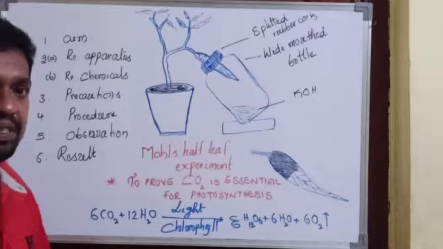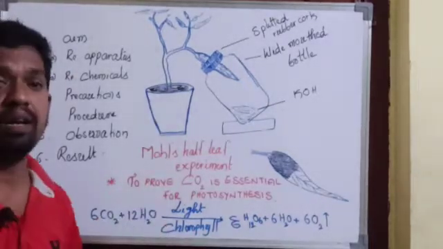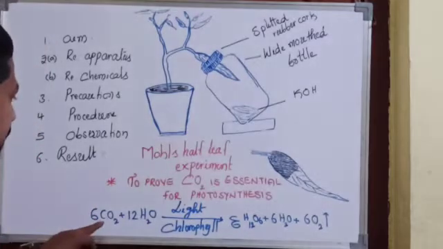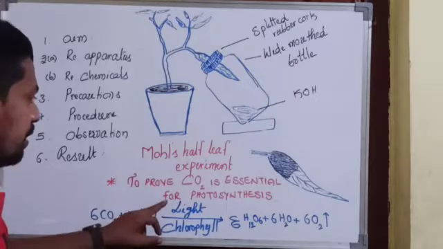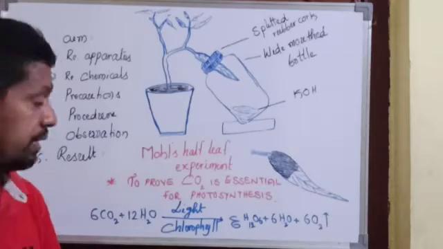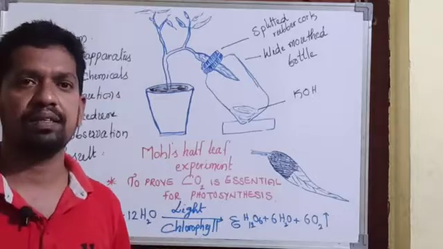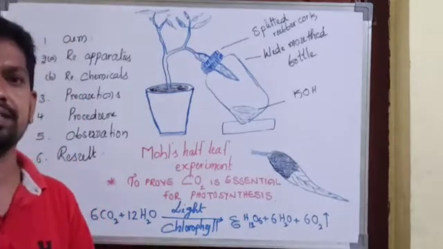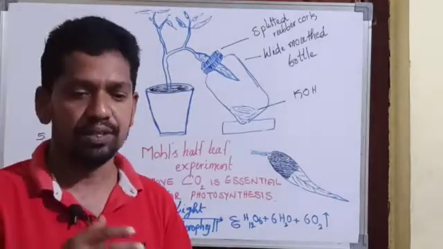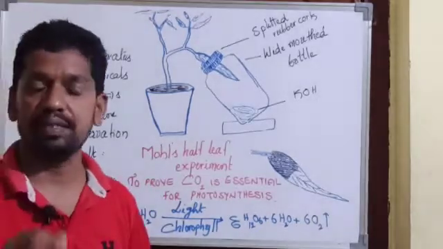Now, the equation indicates carbon dioxide, water, light and chlorophyll are essential for this metabolism. I repeat, carbon dioxide, water, light, chlorophyll are essential for photosynthesis, which is said by the equation, of course. But as a student of science, we should not believe only theory. So by doing some experiments, some activities, we are going to prove it, and only then can we believe. So science requires proof.